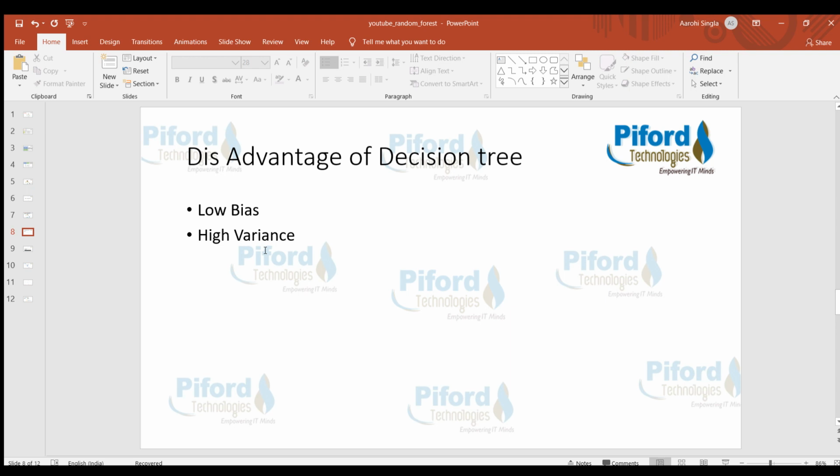Moreover, we have lots of decision trees, and every decision tree gains expertise on its particular data. So the problem of high variance changes to low variance. That problem gets solved, right? So as I've just told you, the disadvantages of decision trees can easily be overcome in random forest.